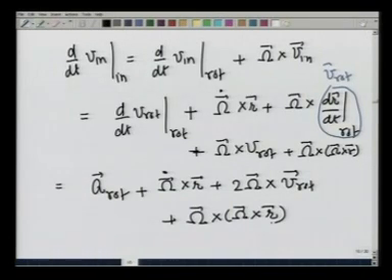If we now restrict to those frames that have a constant angular speed, that means omega dot is 0, this term drops out, and therefore I can write